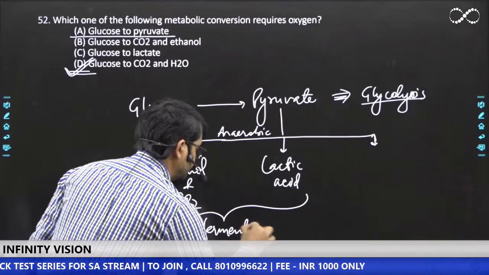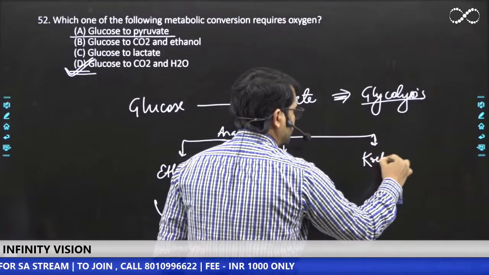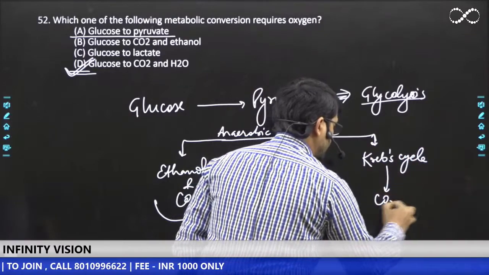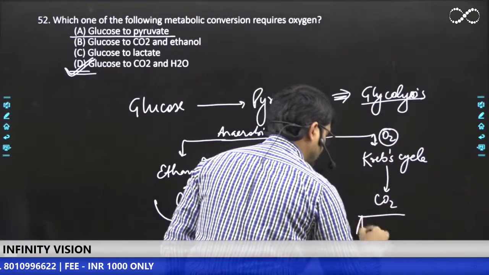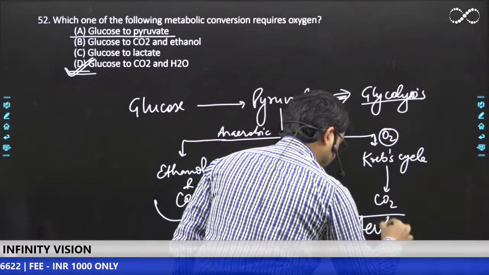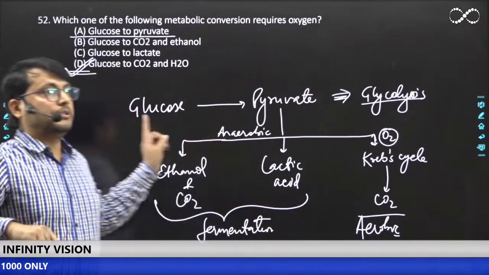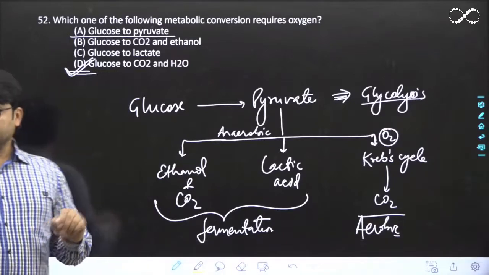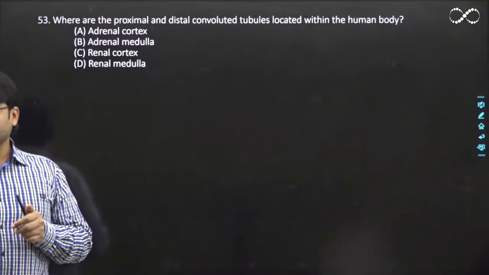Fermentation है. And if this pyruvate goes into the Krebs cycle in the mitochondria, it will be oxidized into CO2 in presence of oxygen, of course. Okay, and this is called aerobic respiration. Very good. Impressive. So option D is the correct answer. Great. Okay, so I can see all of you have given the right answer. Let's move on to the next question.